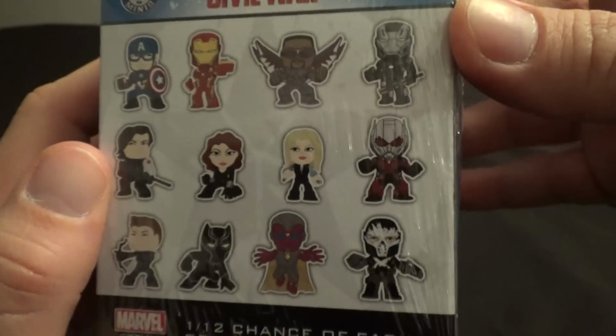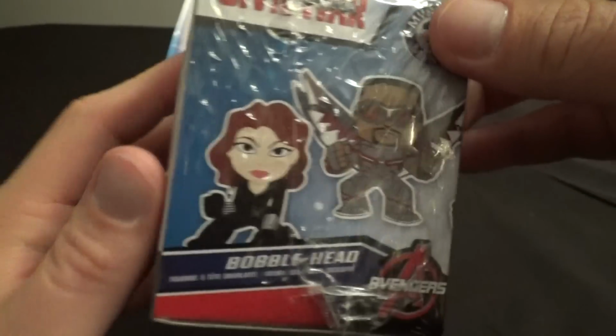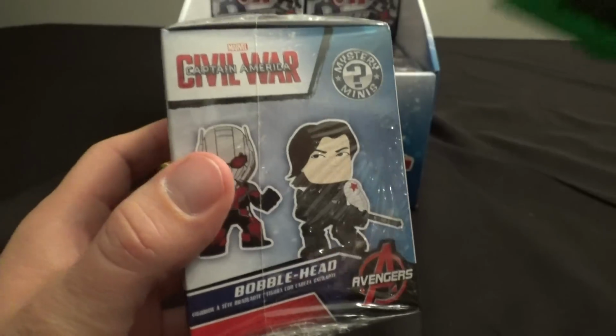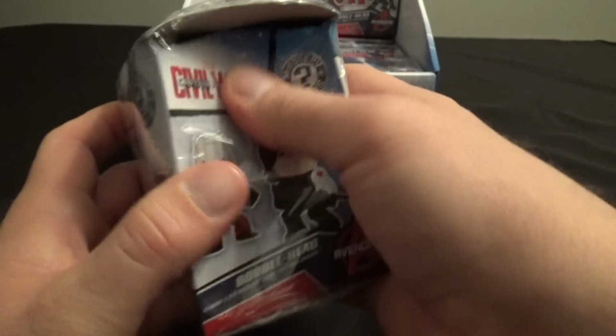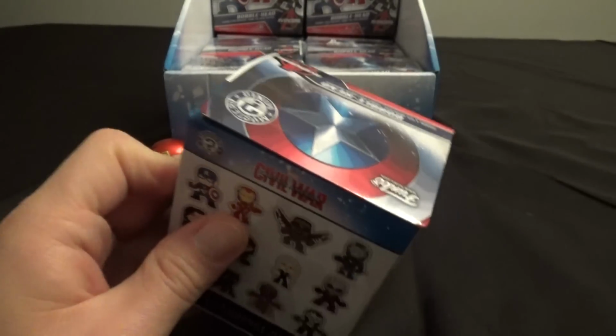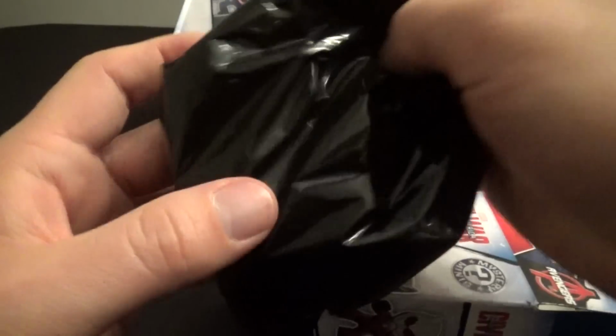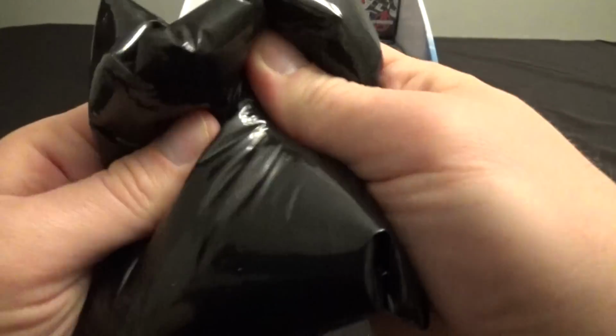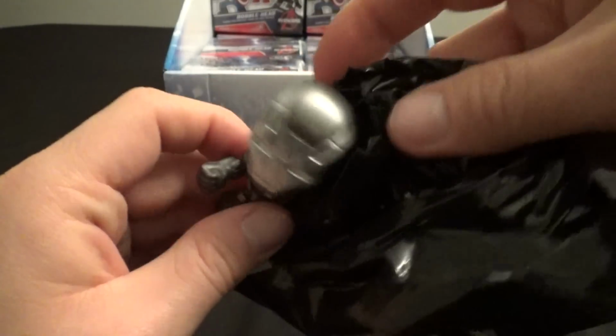Some characters we've gotten before in previous sets, and some are brand new to this, like Crossbones and Falcon and stuff. So very cool that we've got this. All right. Now, as far as I know, I've been looking online, and I can't seem to find anything to indicate that there are any exclusives in this set, which is odd because Funko's been doing a ton of Mystery Mini exclusives lately with Hot Topic and GameStop and Walgreens and Walmart. It's actually become a really big pain. So I'm kind of happy. I'm very happy that there are no...